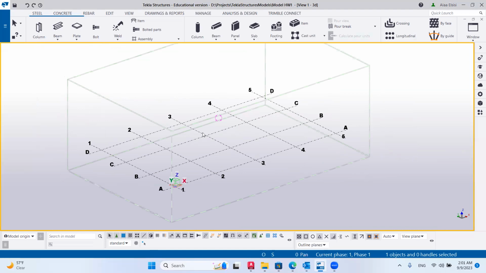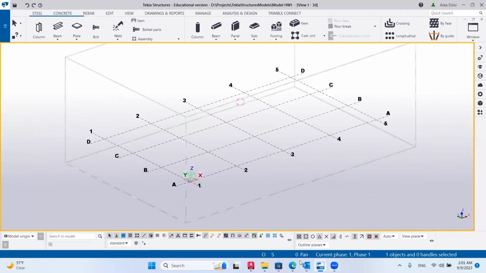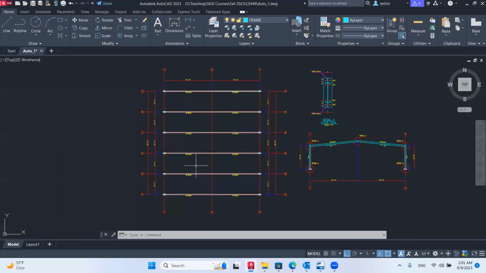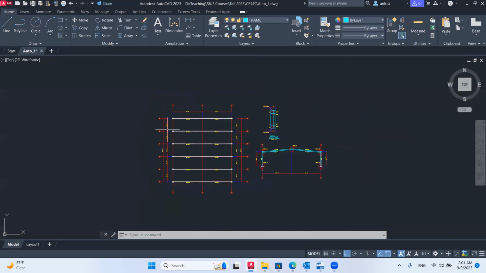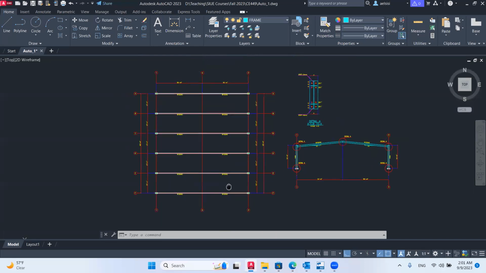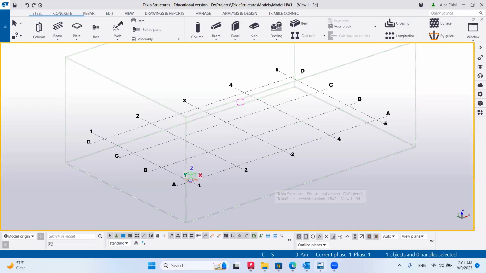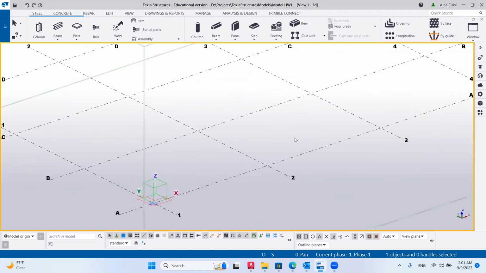But now let's go to the grid. So this is the grid here, and the grid helps us to perform our model. We have here three axes in the vertical direction, and we have six axes in the horizontal direction. So I will start to build this. Okay, how to do this? We have to go to the properties of the grid, and to go to the properties of any object, we just need to double click on it. So I will double click